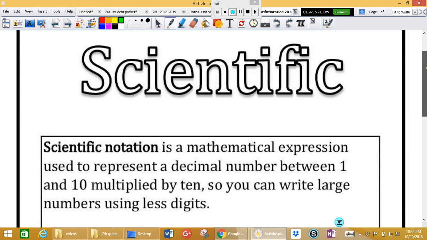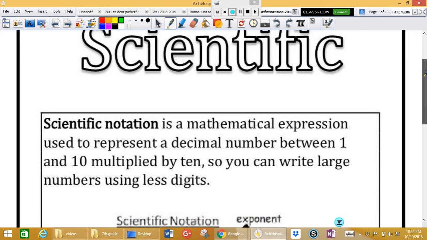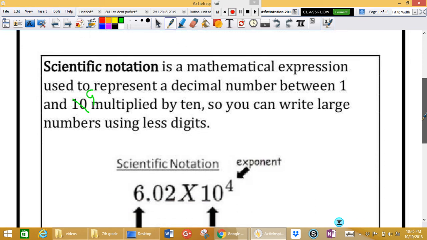So scientific notation is a mathematical expression used to represent a decimal number between 1 and, I'm going to say, 9 multiplied by 10, so you can write large numbers using fewer digits. And I'll explain in class why I say 9. Because if it's 10, what they mean